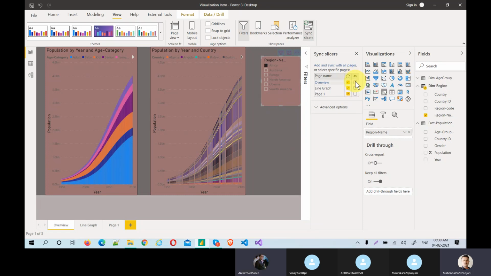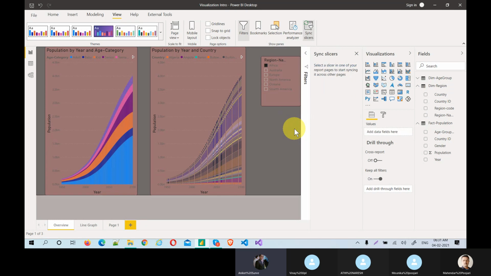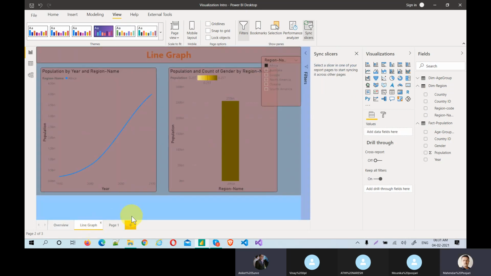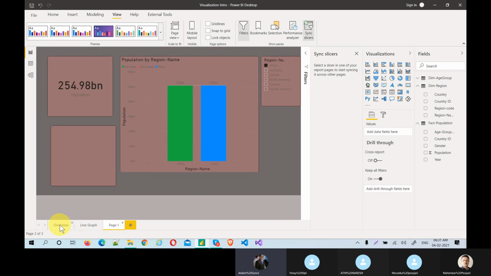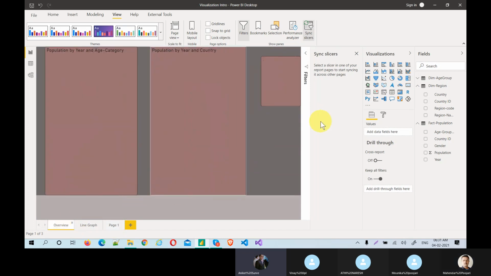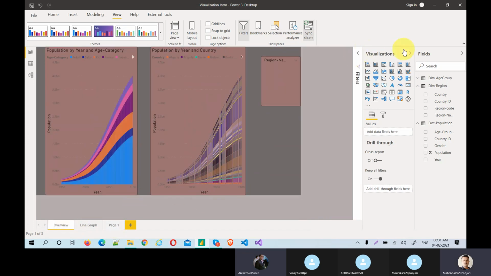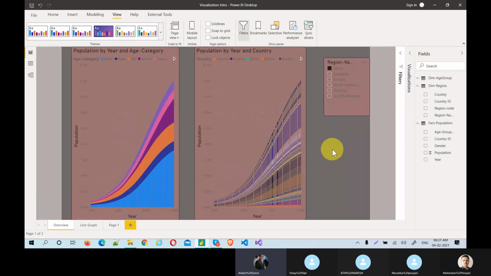Mahendra, just to add, we had a scenario where there should be two slicers of the same name and two bar charts. The user will select Africa for one bar chart, so basically the page is divided into two partitions. One partition has the region filter and the bar chart, and the other partition also has the region filter and the bar chart.